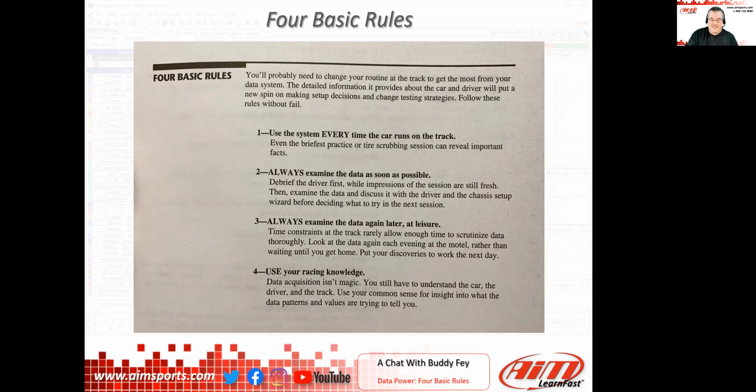Very, very, very important. And the other side is that data analysis triangle that we always talk about here: you're trying to solve driver performance or vehicle health, and using your race knowledge is a big piece of making all of that happen. So I do appreciate that.